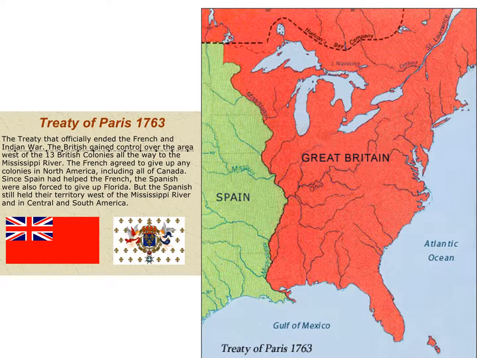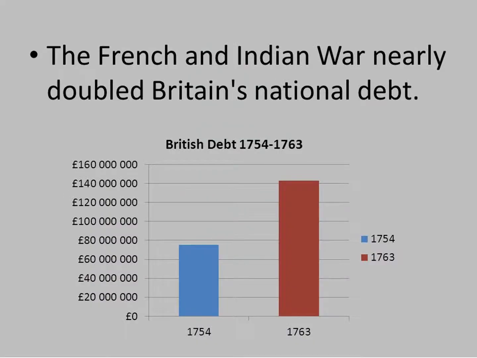The British got Florida as well, which had been Spanish. In exchange, Spain got all the lands west of the Mississippi. Spain had helped Britain, and they saw that as a benefit. What this meant, however, was that the British had an awful lot of land now to govern, and that, of course, cost a lot of money. The British very quickly realized that it's going to cost a lot of money to govern this vast new area. And besides that, winning the war had cost a lot of money. And they had a very large war debt that they needed to pay off.